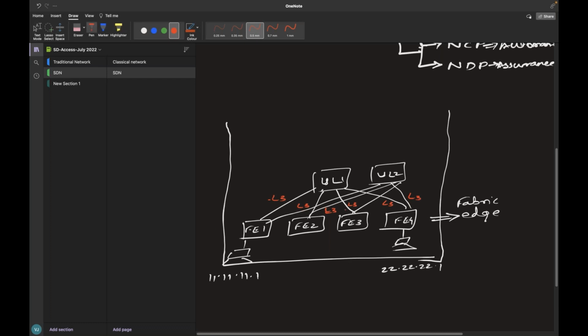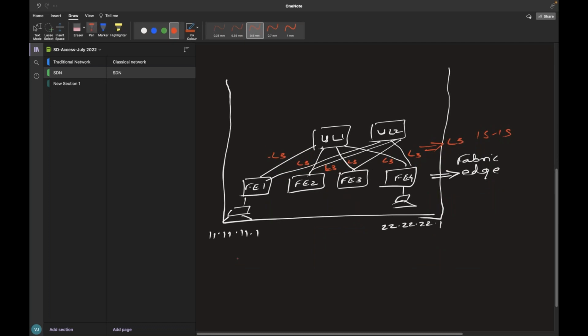Because yes, these are all L3 ports, so it's complete routing. So this is my L3 domain with, let's say, IS-IS as a protocol running in between. Now this is where, in SD-Access, an additional protocol has been introduced, which is called VXLAN.